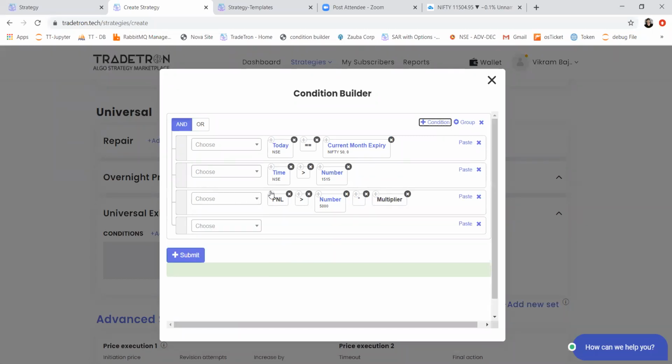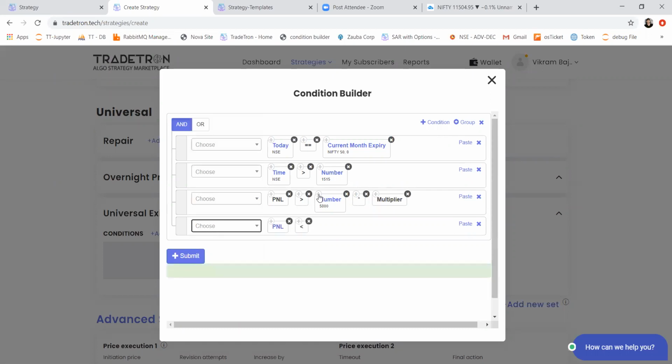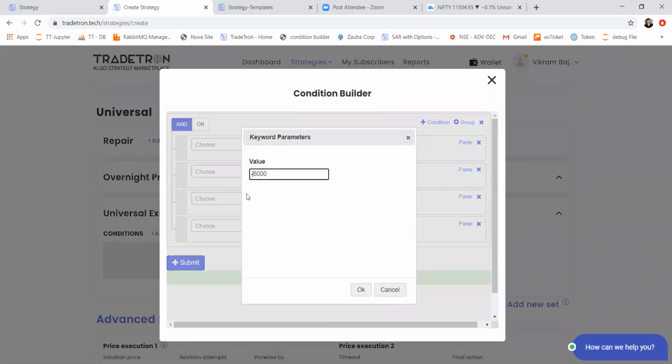And one more condition for stop loss: less than minus 3,000, let's say,